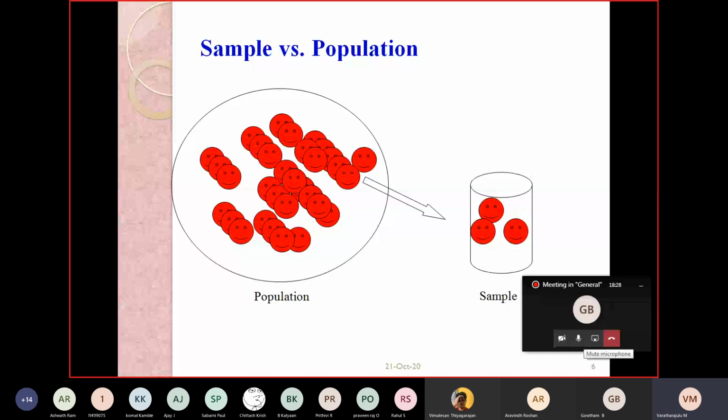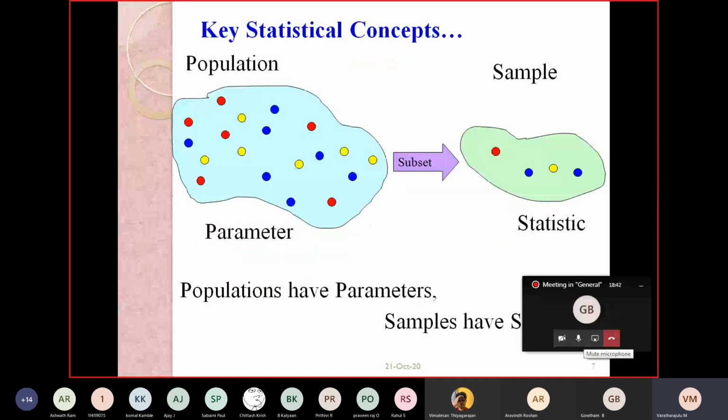And see, the selection of the sample is very essential. Your sample should have all the boundaries of the population. See here, only red color balls. Here there are balls available in red, blue and yellow, and if you are taking only red color balls in your statistics, then it won't get the entire information for the parameter. Therefore, the selection of an appropriate sample is a very essential thing that we need to learn.